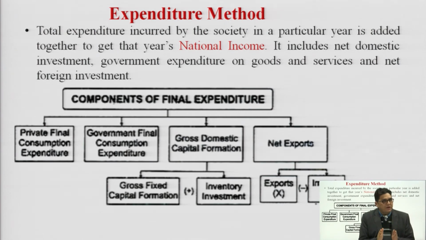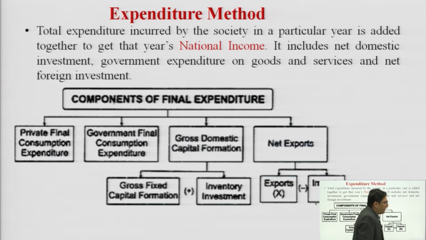We have to be very careful. This is the formula for calculating national income by expenditure. So in the expenditure method there are 4 main components, as there were 3 components in the income method. In the income method we were adding all income earned by all citizens of a country. Here we are adding all expenditure made by government, individuals, or in foreign investment.